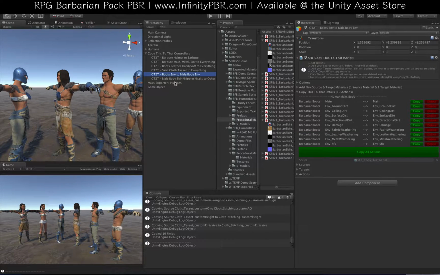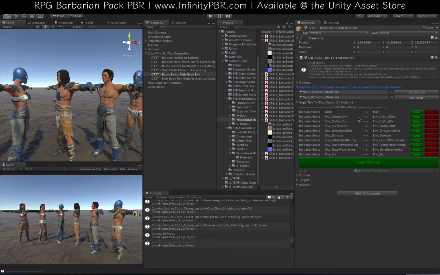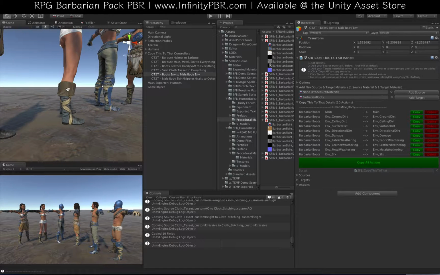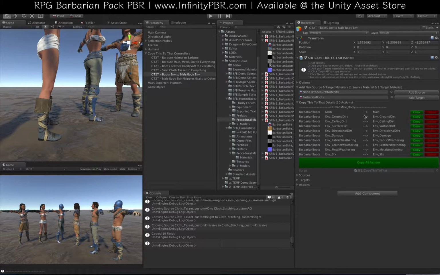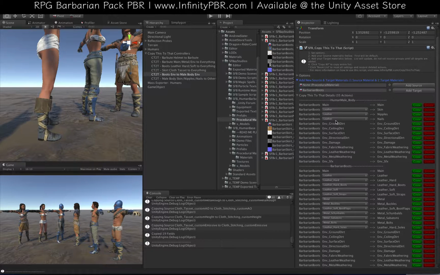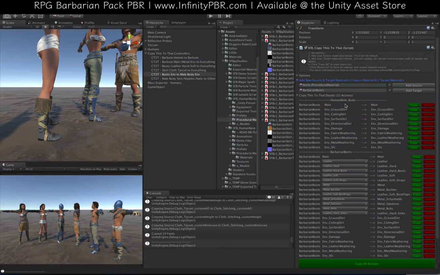Then we'll copy the boots environment to the male body environment, and I'm going to add one more thing here, and that's I'm going to copy the boots also to the other boots, because I realized that I forgot to copy the soft leather of the boots to the rest of the boots. And so when I add a new target, it's going to rebuild this entire list, which includes rebuilding the stuff that I previously deleted. So I'm going to delete these again, the 3 sections there,